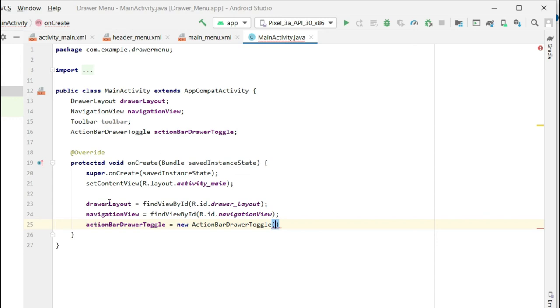So we have given the drawer layout its corresponding ID and the navigation view its navigation view ID.